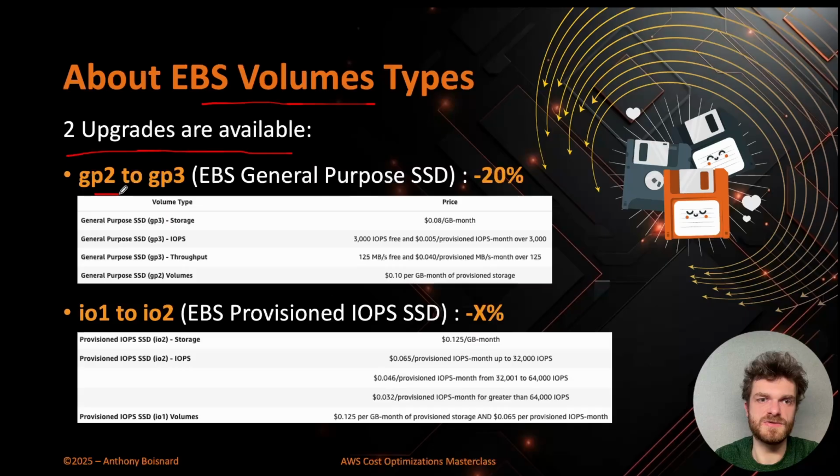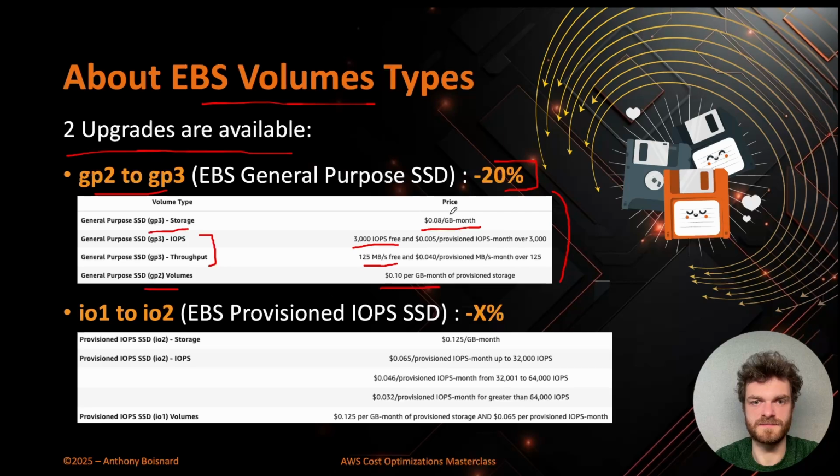First is GP2 to GP3, which is the EBS General Purpose SSD. Say in most of the cases, you're gonna save 20%. So why? Because if you see the price details here, for GP2, you're always paying 10 cents per GB month. And in GP3 storage, you're gonna pay only 8 cents per GB per month. So you're gonna pay 20% less. But in GP3, you're also paying for IOPS and throughput, but you have a lot free, and that should cover